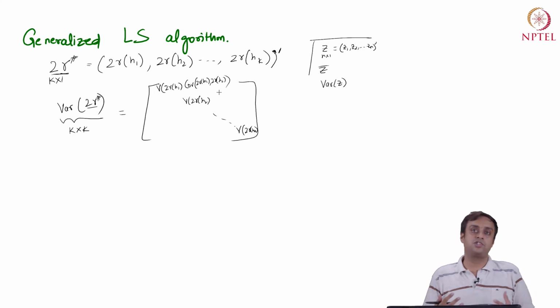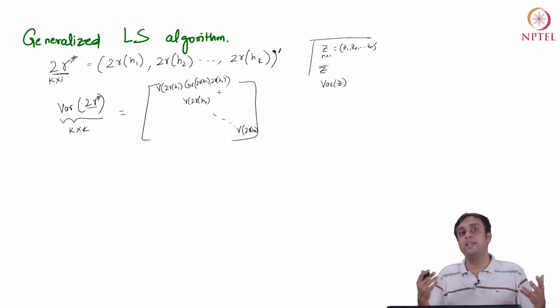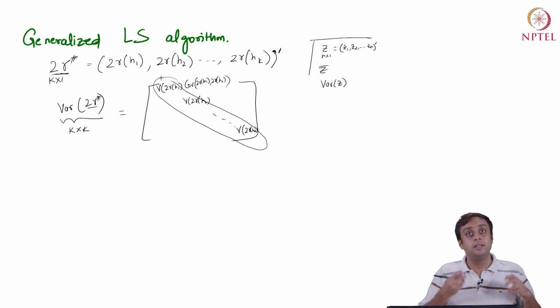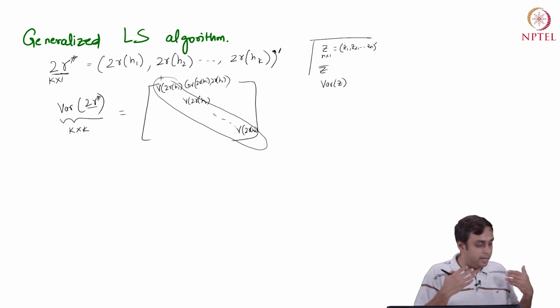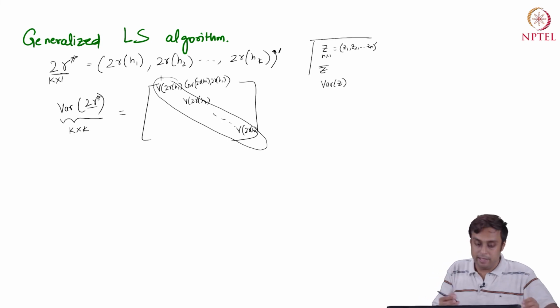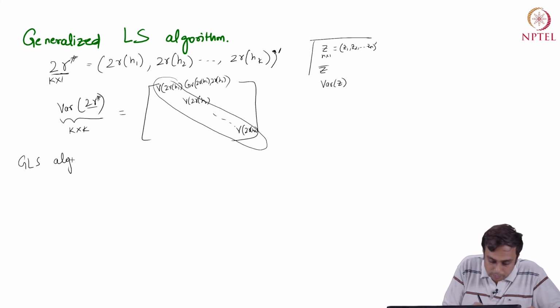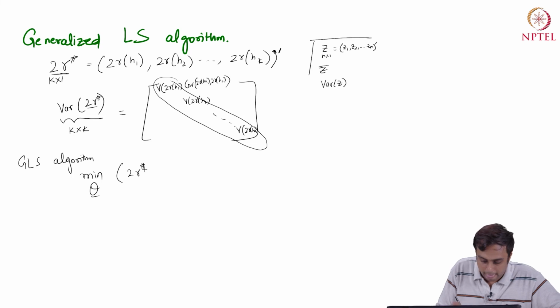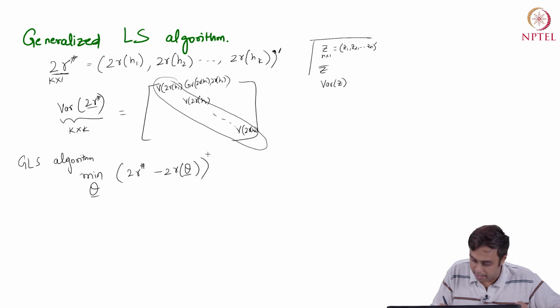So, if you have such a structure, where the variance covariance matrix does not have the off diagonal elements being 0 or all the diagonal elements equal to each other, then the least squares estimates are inconsistent. And what you really need is a GLS algorithm, which looks like the following. Just like in the case of OLS, we are going to minimize with choice variable theta, but now my formulation of what I am minimizing is going to be different.